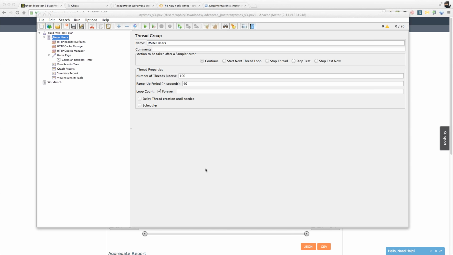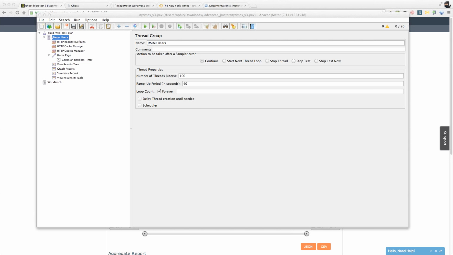And it might be very obvious to you pretty quickly that that doesn't exist here. There is no, well, I want to ramp up to 1,000 hits per second. It just doesn't exist natively. And the reason I say natively is there are third-party plugins, but it doesn't exist natively in terms of hits per second. JMeter at its core really thinks in a mindset of concurrent users, not hits per second. So in order to get it to be, well, I want to do hits per second, not number of users,